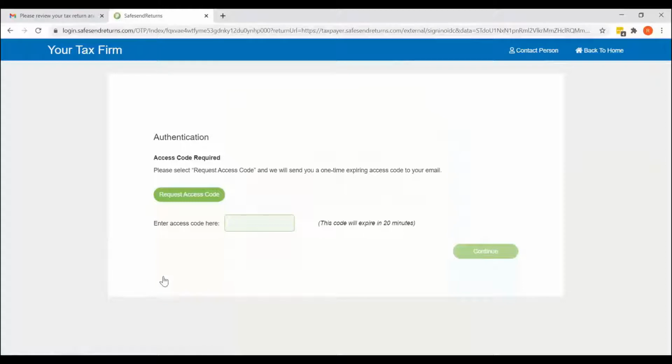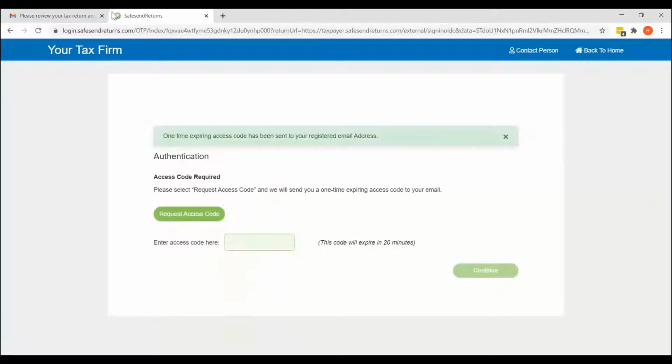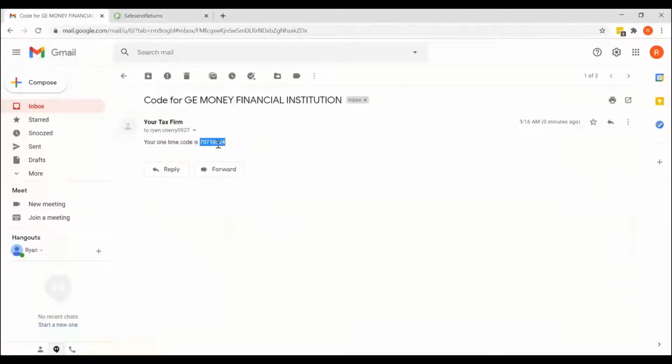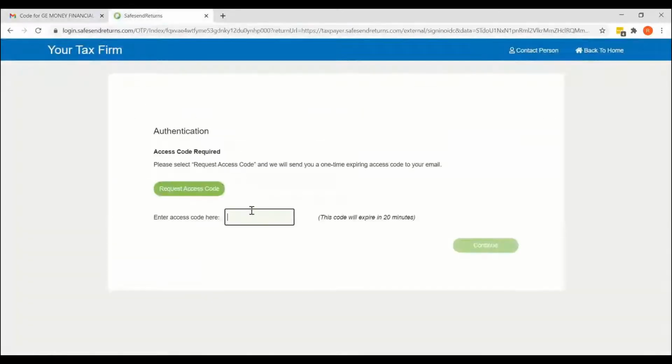The first thing you'll see once you've clicked on that folder is to request an access code, which will send a code to your email address, and that code will be good for 20 minutes. Once that code has been entered and you click continue,